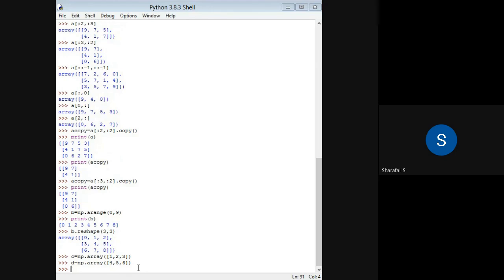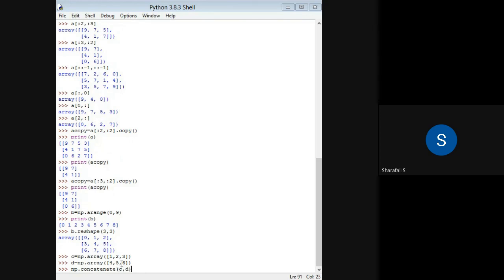I just concatenate these. For concatenation, I will be using the concatenate function, np.concatenate, and in that I will concatenate c and b. So c comma b. It's very simple.